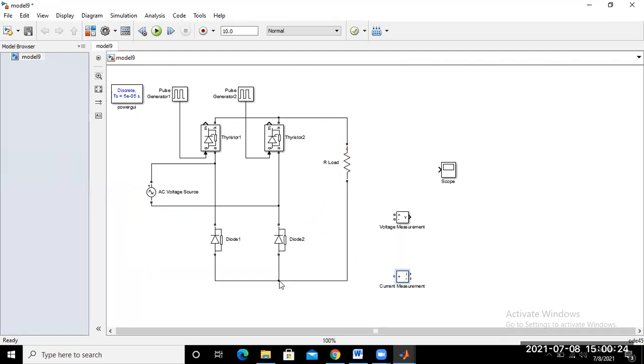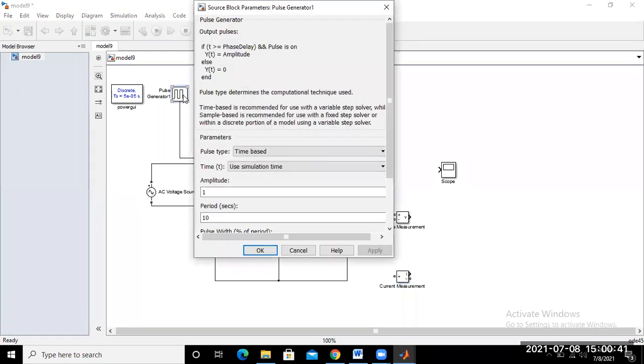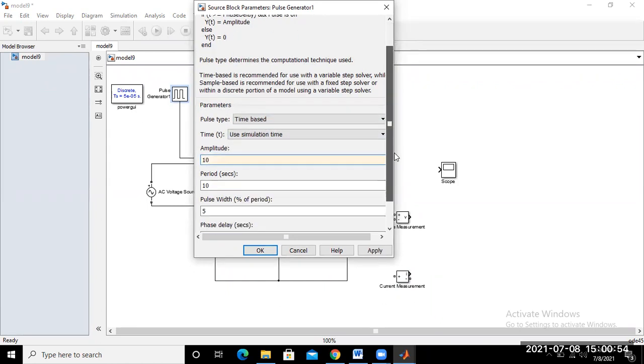So now we set the pulse generator angle. That means what is the value of the pulse generator? Suppose that at 30-degree phase delay we apply the gate pulse. Okay. So amplitude is suppose 10, and what is the time period?